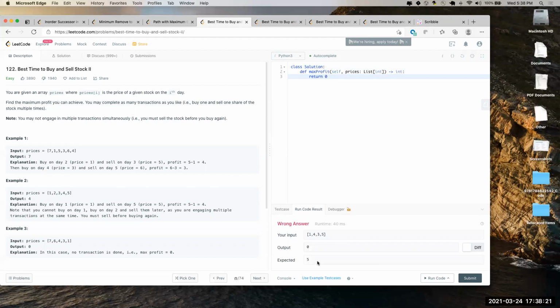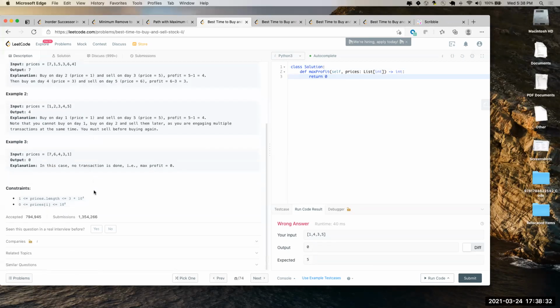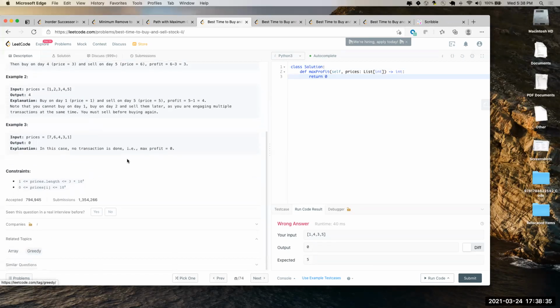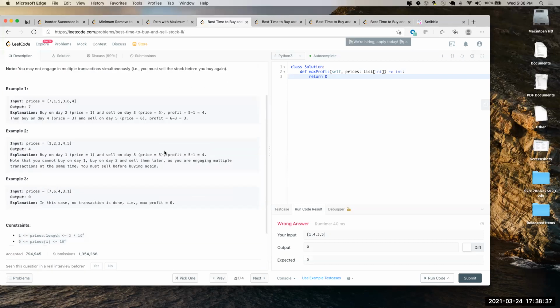I mean, coding now, I don't want to get into that interviewing world. I don't want to do the live coding. So it's not really about buying and selling. It's more about just min and maxing. Let me see what the tag is. Yes, it is greedy. Who said it's greedy?